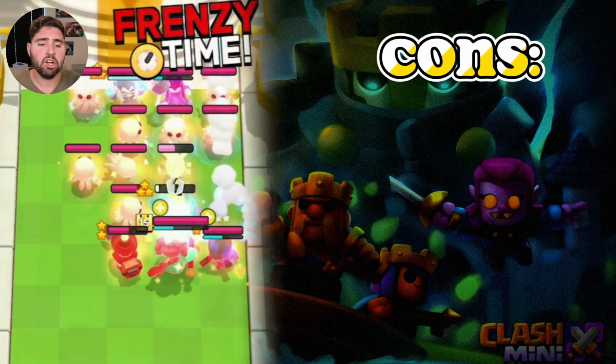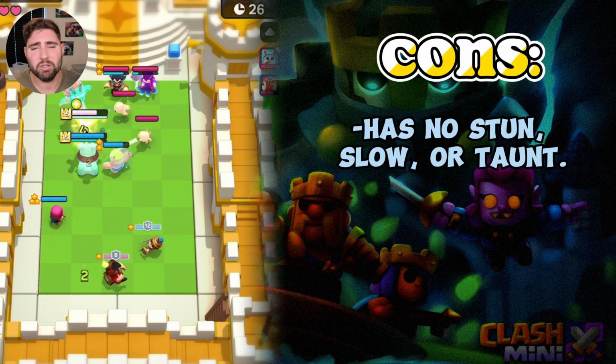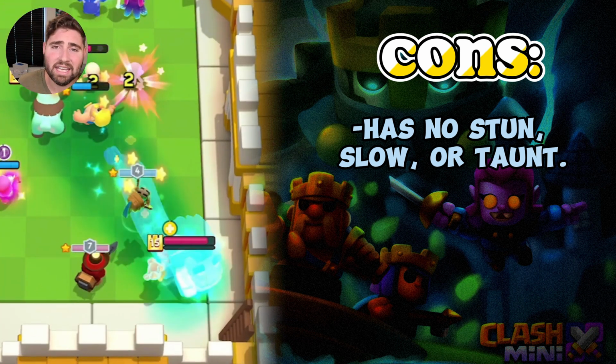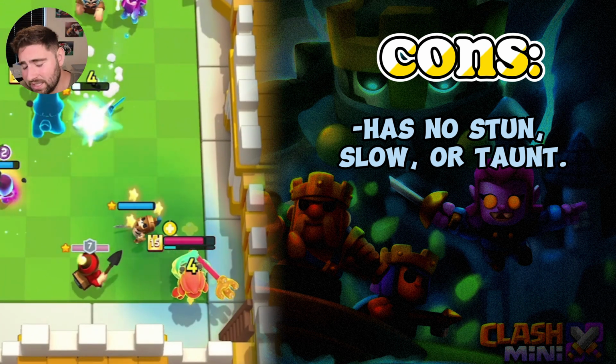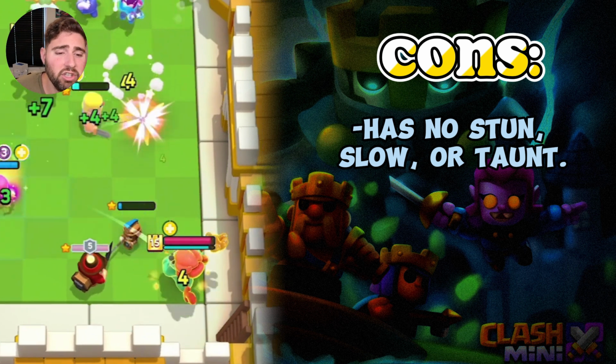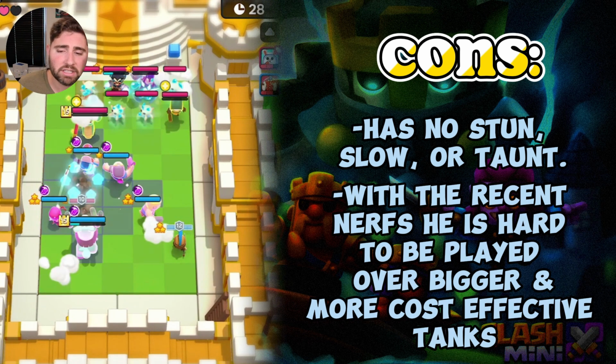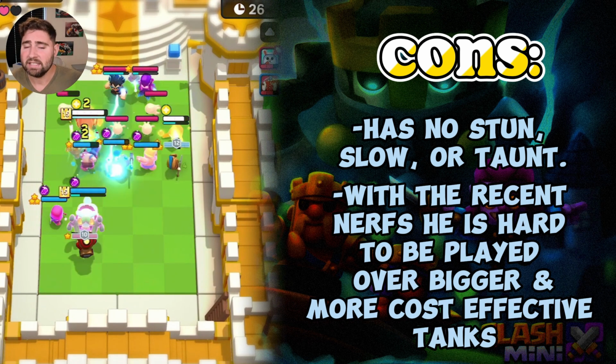Cons of the Guard are it has no stun, it has no slow, and it has no taunt, which means it doesn't really have much utility. The only thing it has is a protection for your other minis that sometimes doesn't even get you too much value. With the recent nerfs, he is hard to be played over bigger cost-effective tanks, such as, let's just say,